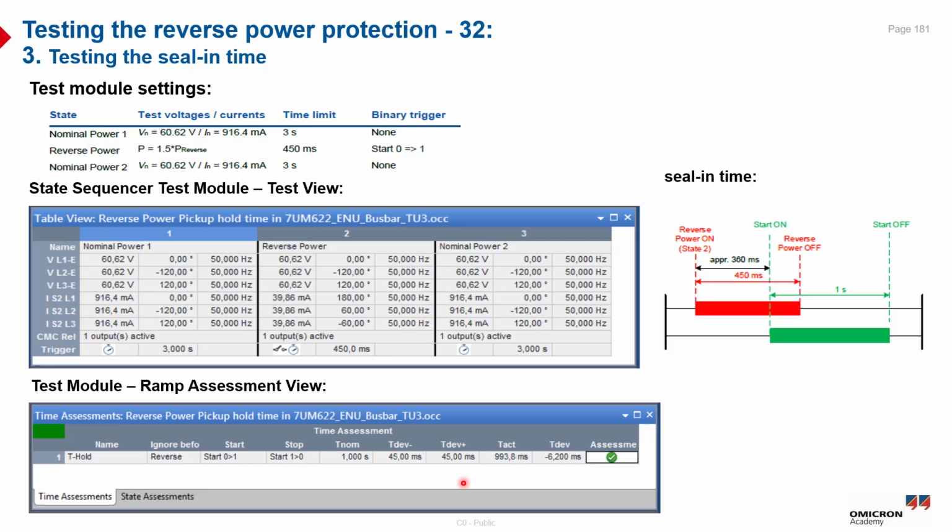Now test number 3, how to test the seal-in time. We will use the same local hardware configuration. Also we will use the test sequencer module to test the seal-in time of the reverse power protection. So for example, we will use state number 1 with the nominal power for 3 seconds, as you can see, without any binary trigger needed. But in state number 2, we will simulate the reverse power equal to 1.5 multiplied by the reverse power setting, as you can see, and the phase shift also to be 180 degrees to simulate the reverse